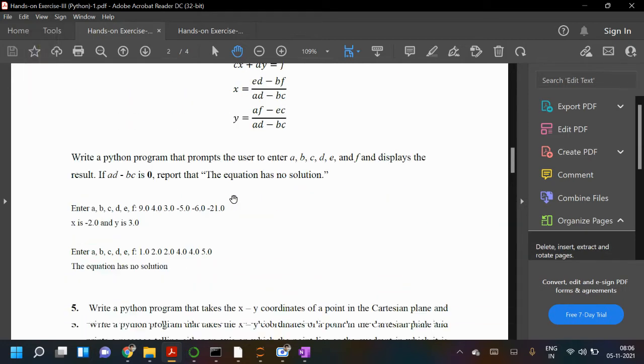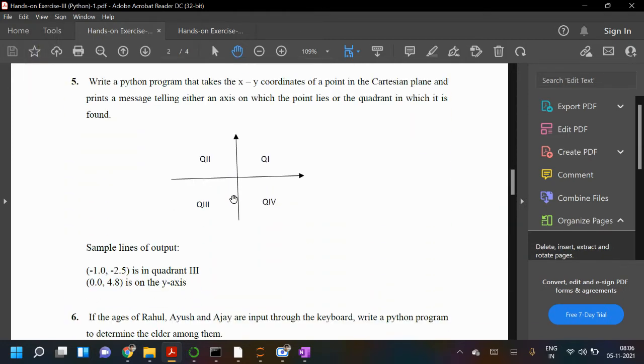So please try this fifth question. The fifth question is: write a Python program that takes XY coordinates of a point in the Cartesian plane and prints a message telling either the axis on which the point lies or the quadrant in which it is found. So you have to enter x and y and check whether the point lies on an axis or in which quadrant it lies.